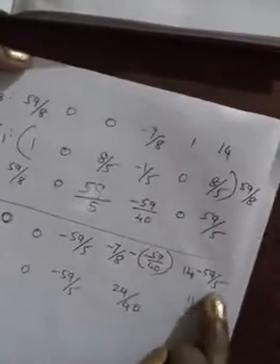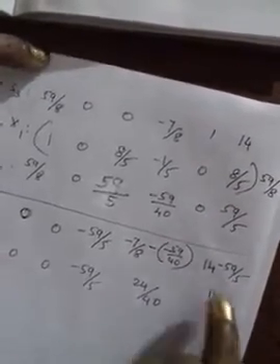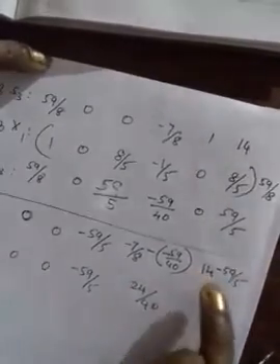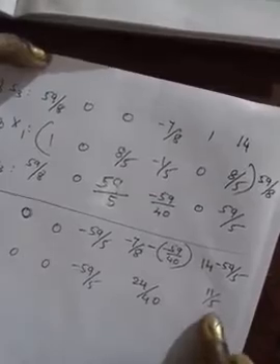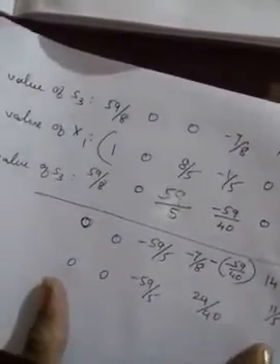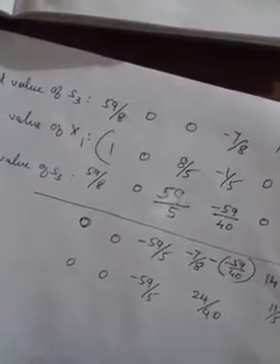Similarly, if you take LCM here, 5 is the LCM, so here you will get 70. 14 into 5, 70 minus 59, I will get 11 by 5. Okay, this value is the new value of S3. So you have to write down this value in your third table. I left this value, 1 minus 0 is 1. So this value we have to write down here in S3. So I have written here.